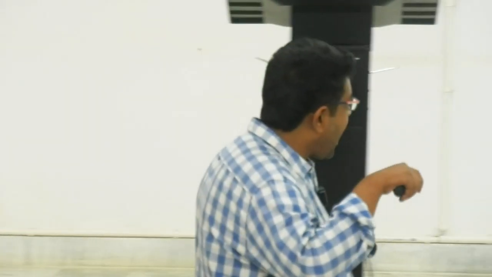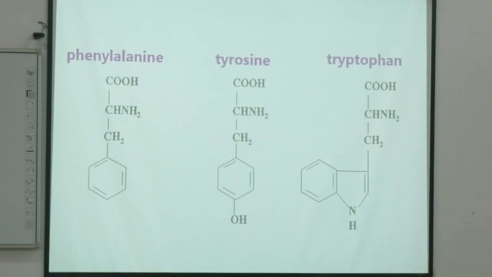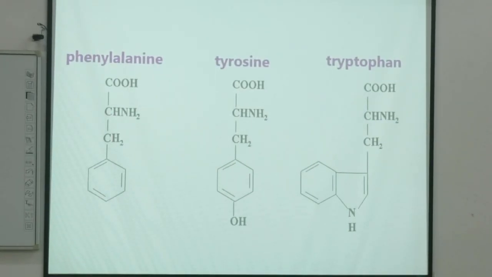Only plants and microorganisms have the ability to synthesize aromatic amino acids. We humans need to get them from the diet. See, such an easy structure. Benzene ring, then you get a CH2, CH, NH2, COOH, an amino acid group. This is your phenylalanine. This is how it looks.